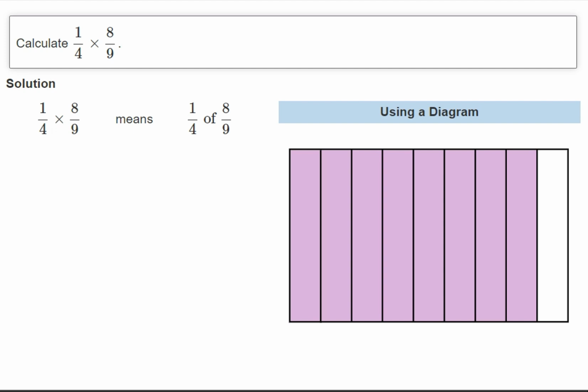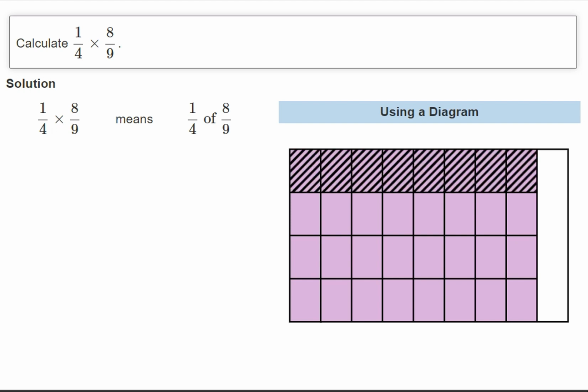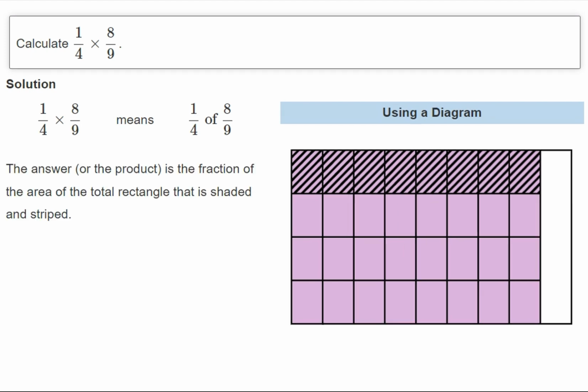We now want to find 1/4 of the shaded region. To do this, we divide the shaded region into fourths. Then we further shade out one of the 4 parts using stripes. We now know that 1/4 of 8/9 is represented by the region that is both shaded and striped. The answer to our question, or the product, is the fraction of the area of the total rectangle that is